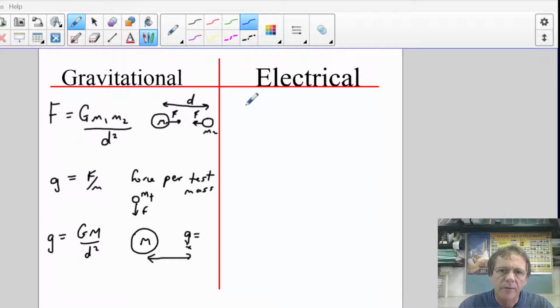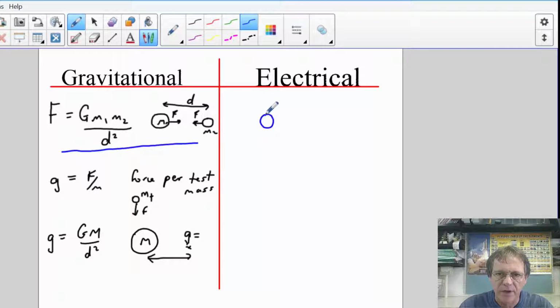So it's now time to start looking at electrical forces and electrical fields. If we can compare them to gravitational, we can start with the gravitational force one there. That's the force between any two masses. It turns out if you have any two charges near each other, or two point charges near each other, and this time we do opposite charges, you'll also get a force. And this time it's an electrical force, and it's going to be equal on each object and in opposite directions,